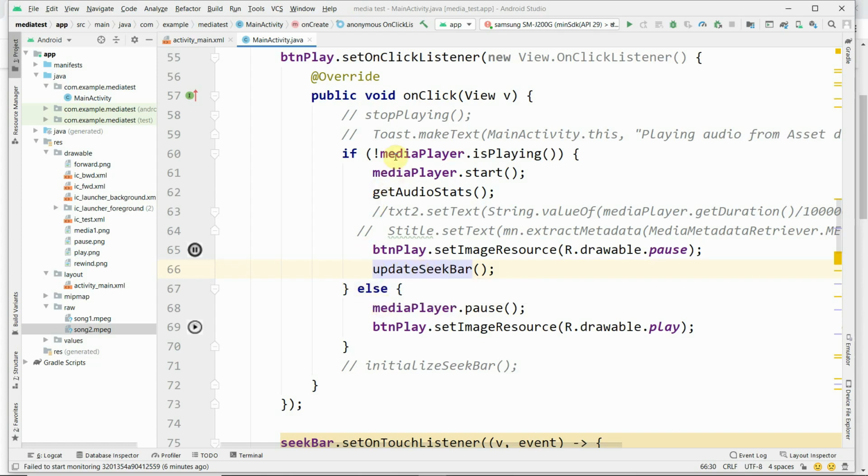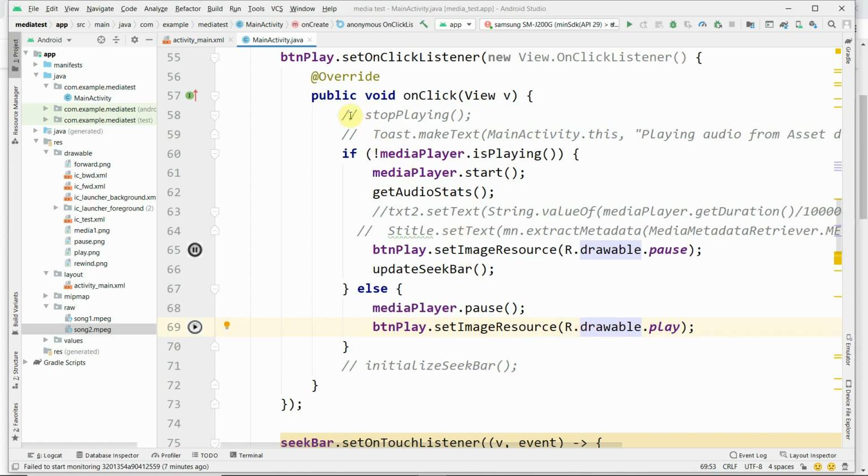If the media player is playing, then when you click on the play button, it has to pause. Means when the media player is playing, the button set will be the pause button, and when the pause button is clicked, then the media player needs to be paused, and then the button's image has to be reset with the play button.